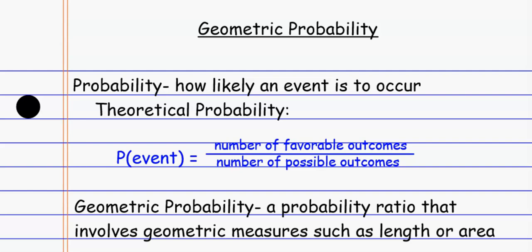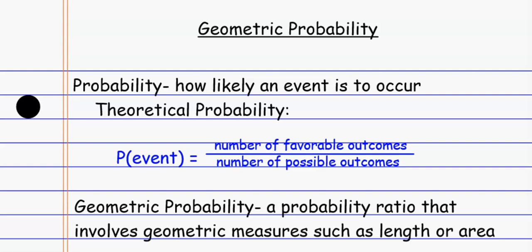For our purposes, we're going to calculate that based on geometric shapes and figures, okay? So geometric probability is a probability ratio that involves geometric measurements such as length or area, all right? So I might have a length of something and say, what's the probability that I would land on this segment between this value and this value? And so the probability of landing on that section is the length of that section over the total length